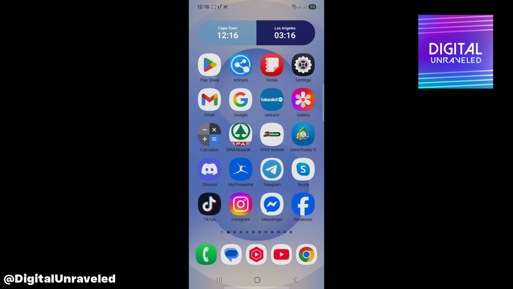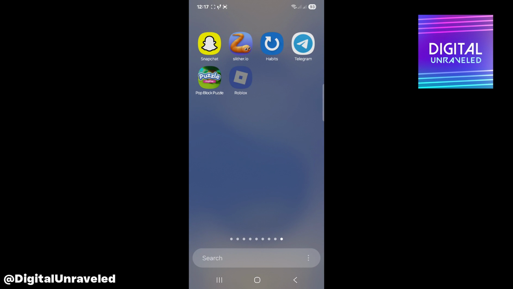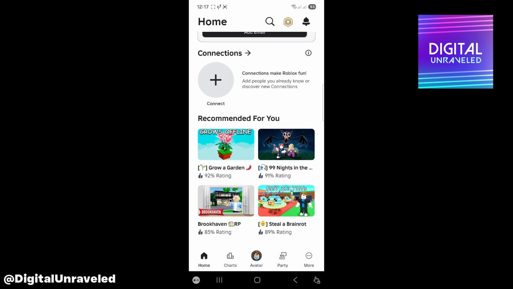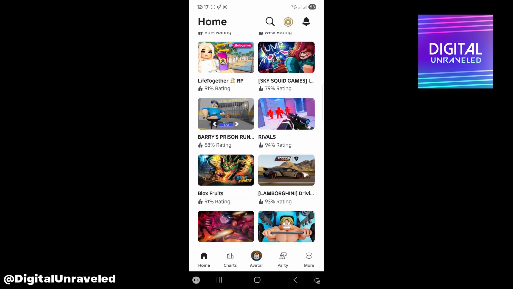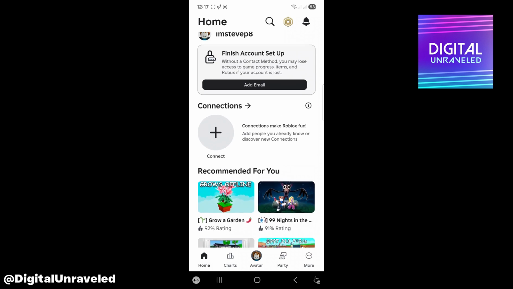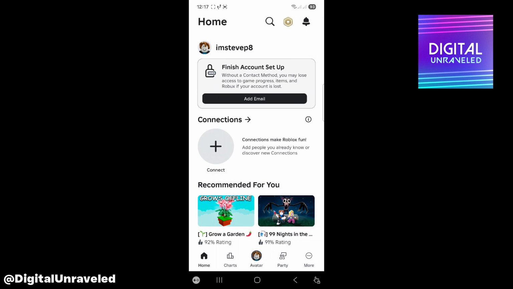Welcome to this video. I'm going to be showing you how to make Roblox mobile look like PC. So for an example, if I open up Roblox, this is what it looks like on the actual app. Okay, doesn't look too much like the PC version, but to fix this you can go ahead and open up